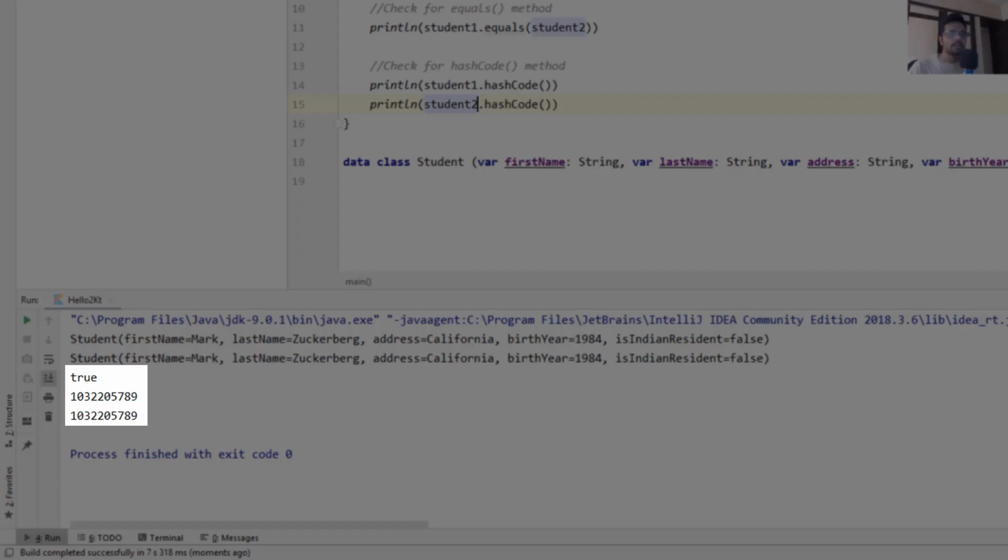So as you can see, both are working properly. Equals method has returned true and hash code method has returned the same hash code for both of the instances.